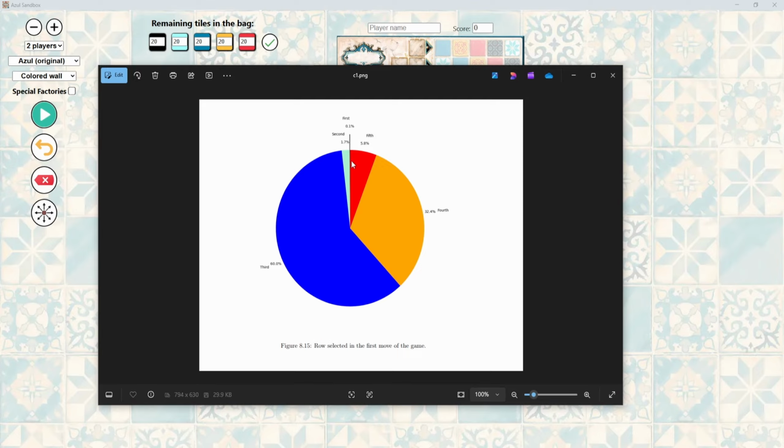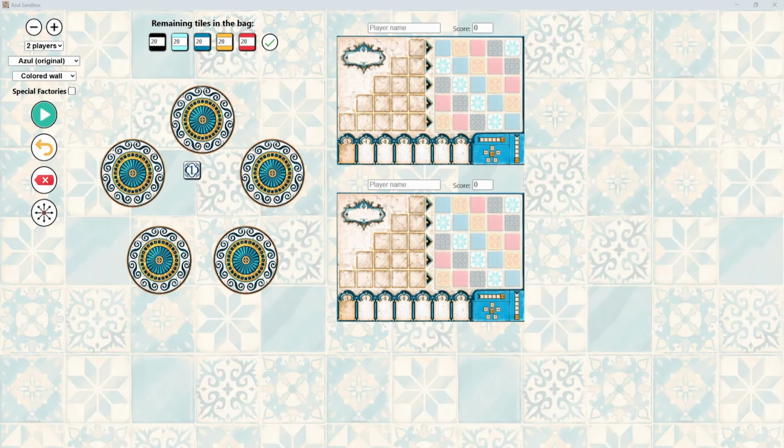Now, there's something I already kind of explained in my framework video, that row 5 is not super relevant for your own scoring in comparison to row 3 and row 4, to the point that you would only really care to score 1 over the course of the game, which would be your column row 5. So it makes sense that there's much higher focus on row 3 and row 4, since they are higher scoring rows that you would want to make more plays on in future rounds. Okay, now that we know what row to play on,